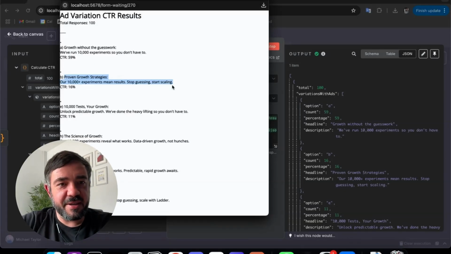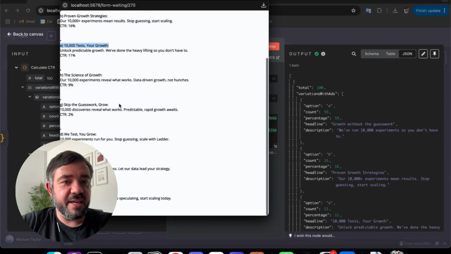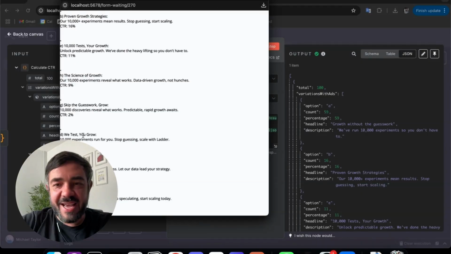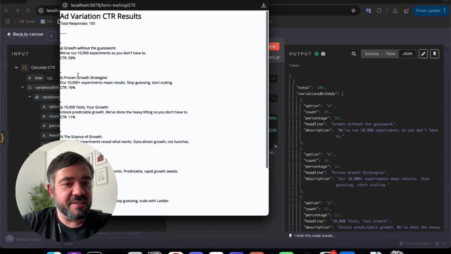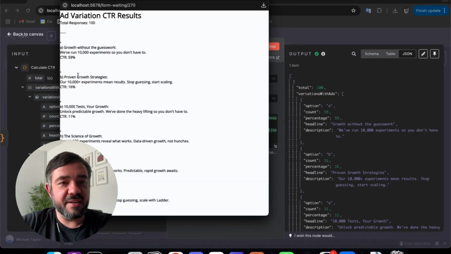But the great thing about this is that it's all fully automated. You could hit this as an endpoint with every ad that you create, and you can just see if you can beat it using AI. And then you're using AI to check whether the performance is good as well, because you have this AI focus group of 100 people who are based on your customers, and they're trying to check which of these things they would click on. And that makes a really big difference to performance if you do that consistently across every ad